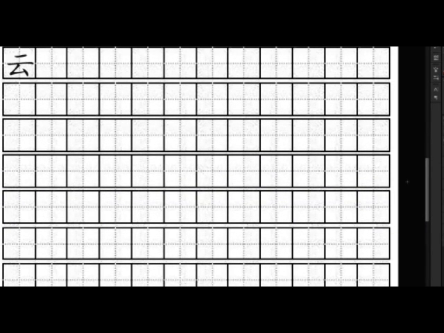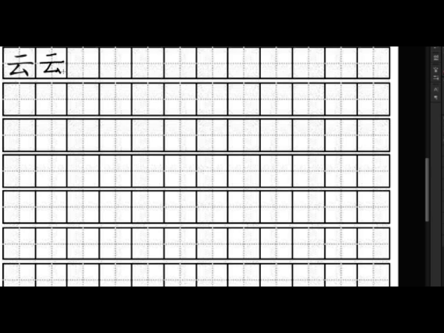Okay, now continue to the next character. The next character is 云. It means cloud. It uses the 撇折 here in the bottom. However, in terms of the stroke order, you first write the two horizontal strokes, 横. The first 横 is the shorter one, and the second 横 is the longer one. And then you write a 撇折 on the bottom, and then you write the 点 on the right. So this is 云,